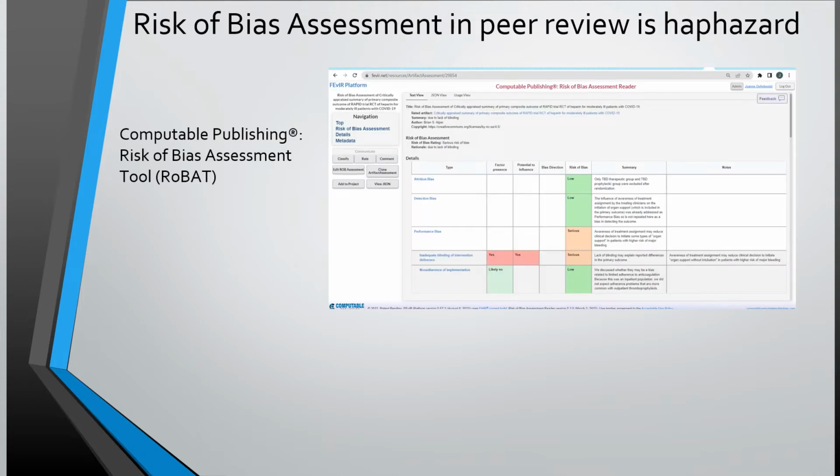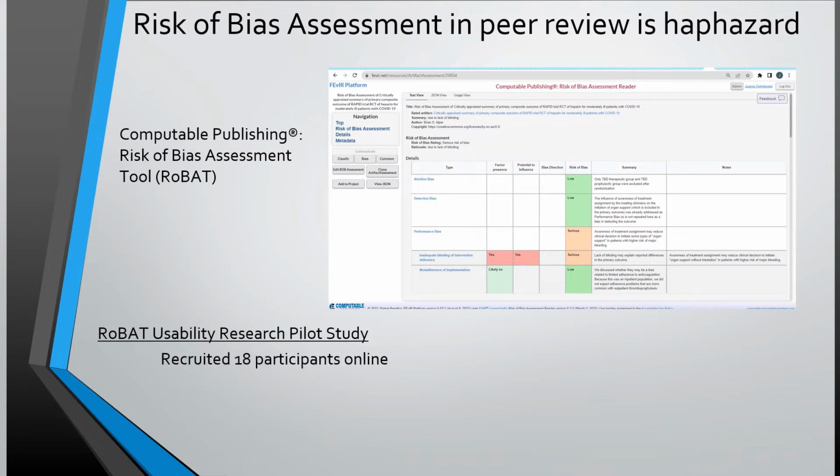We created a risk of bias assessment tool, the ROBAT, that can help you select the type of bias to report and document its potential to influence the research results. We conducted a pilot study to develop our ability to conduct usability research and give the ROBAT its first evaluation.